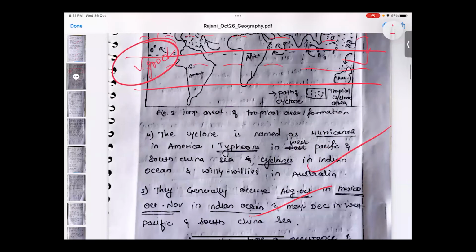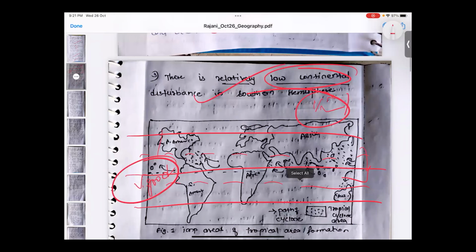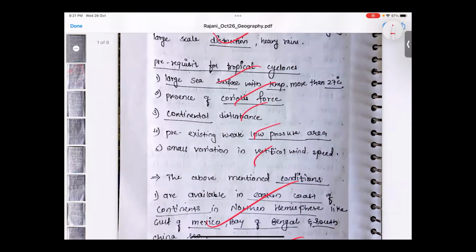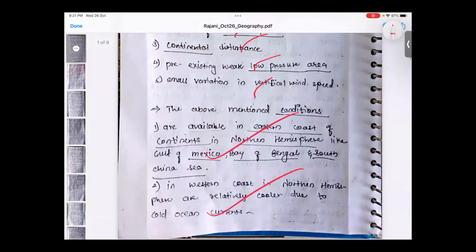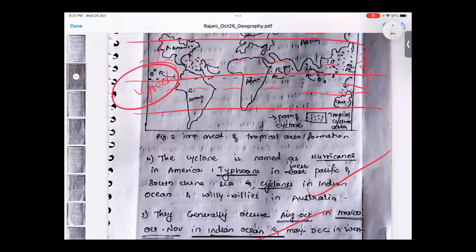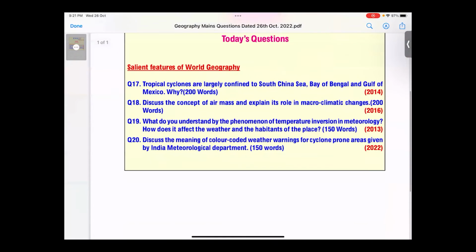This is very impressive. You will get definitely half to 1 mark extra for this effort. Because writing these points, I am sure everyone will be writing this. But this diagram is making it very clear. And to make it much more clear, if you can do this marking of latitudes, it will be really good. Clear? Fine.